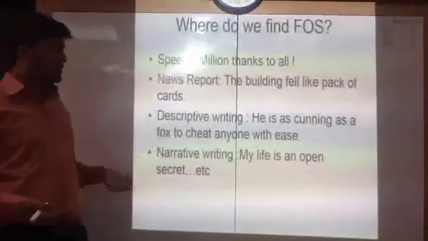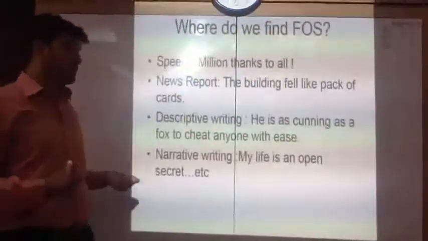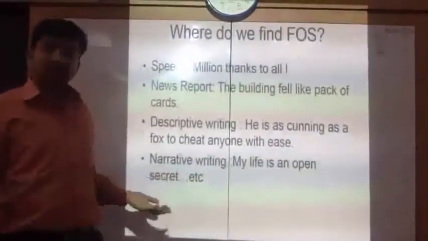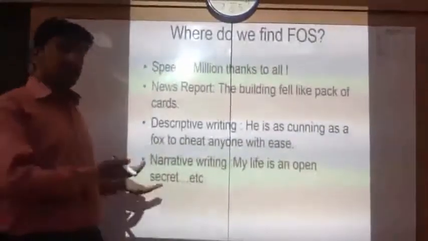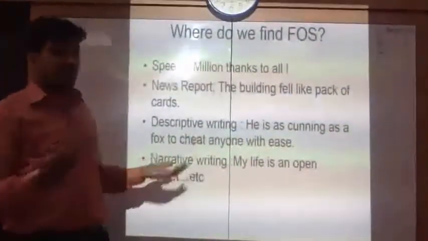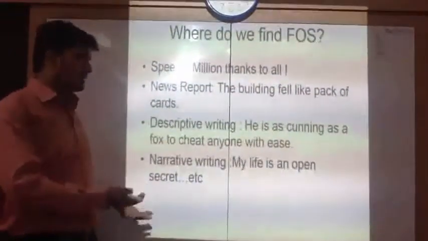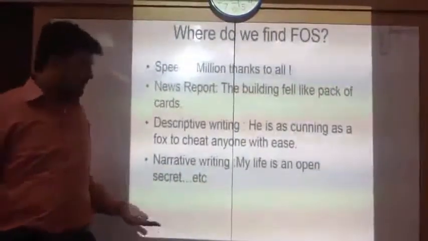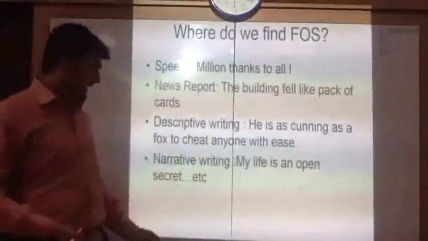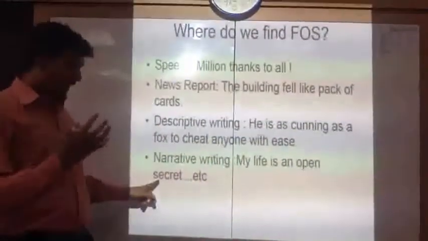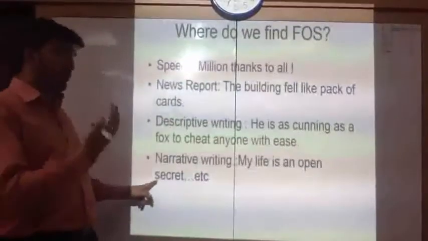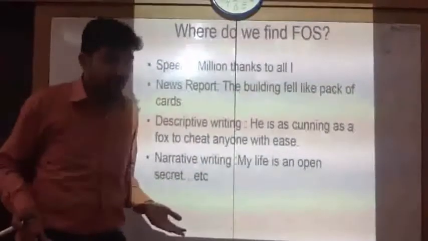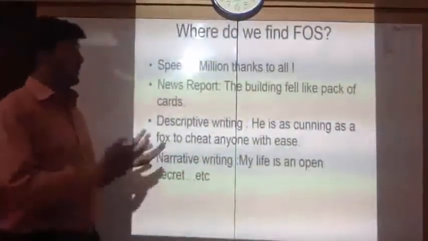Check out this descriptive writing. We do use figure of speech in that. He is as cunning as a fox to cheat anyone with ease. So how cunning he is described with a comparison. In narrative, someone has narrated, my life is an open secret. So here, there is a different sort of figure of speech. Can you see open and secret? Don't you find something is wrong with that, or there is some device added to it? Open, secret, opposite words, just alternate to each other. So we will go in detail and understand what sort of devices we are using, and the same thing you